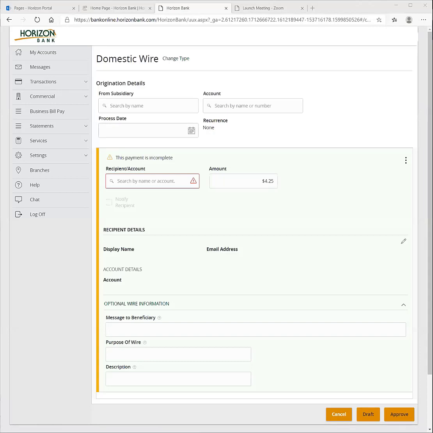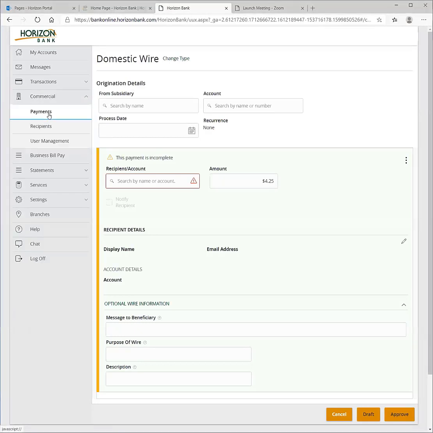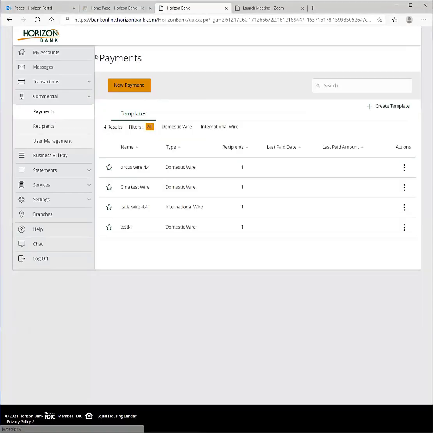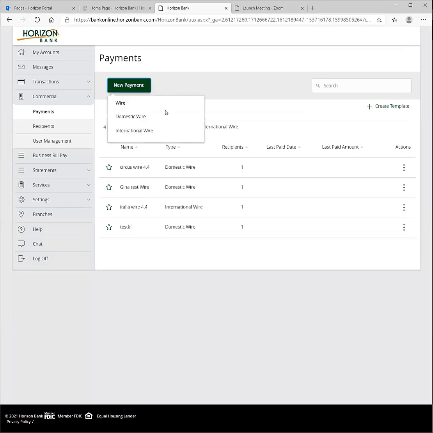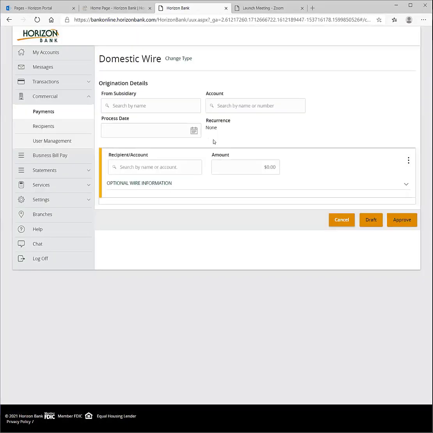Initiating a domestic wire through online banking. After logging into your online banking, from the left side menu, choose Commercial and then Payments. Click on New Payment, Domestic Wire, and then choose the origination details by clicking in the fields for the drop-down